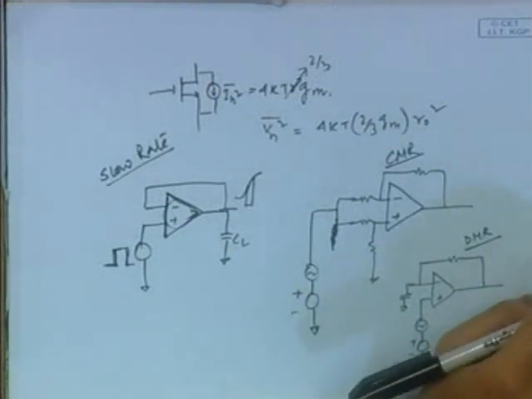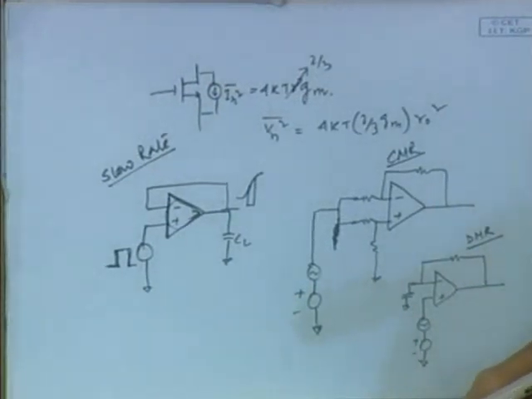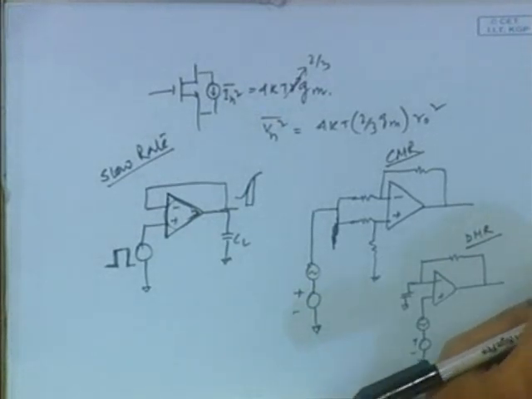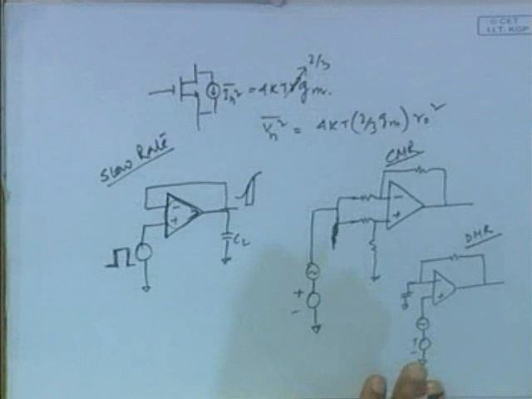Okay, these are the test benches. After your design is completed, you need to create a symbol in the Cadence simulator. You know how to create a symbol there. We will show you that, and then we need to test all these things: slew rate, common mode response, differential mode response, and all these things.